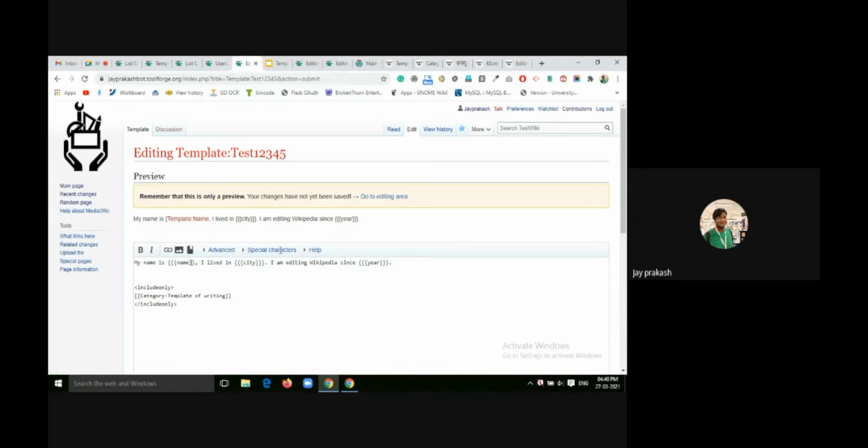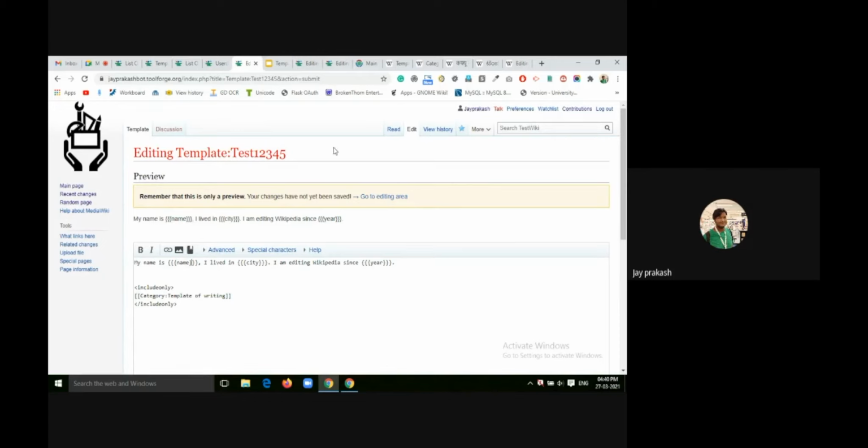For a parameter, always remember there will be three curly brackets. If I do show preview again, that error is gone. So this is the basic template debugging. If you are passing some data to the template and it is showing the red link of the template, then it means you missed some curly brackets.